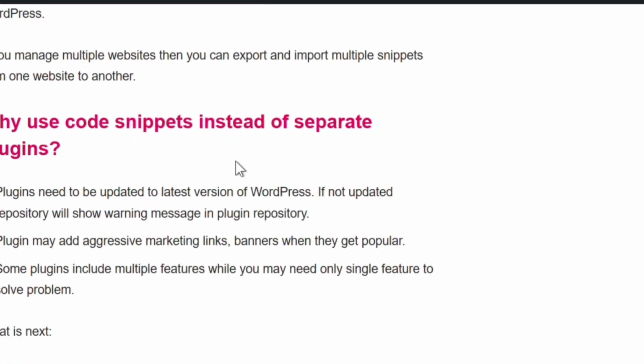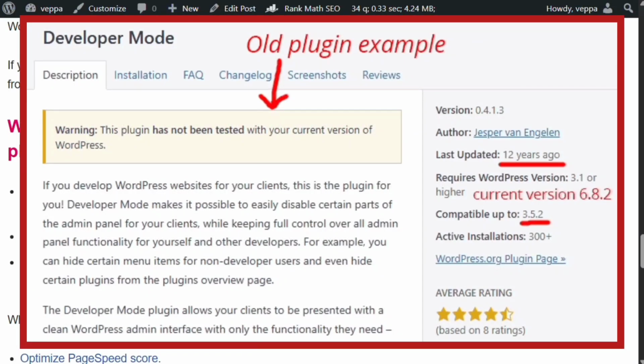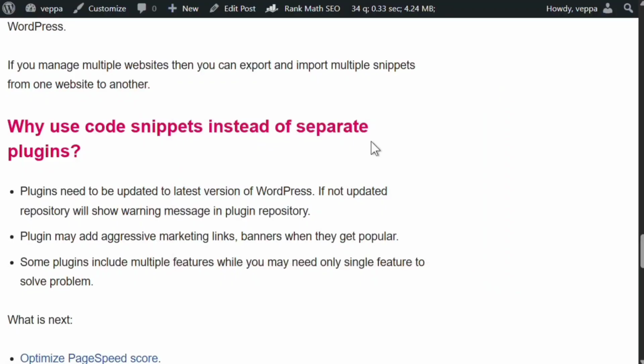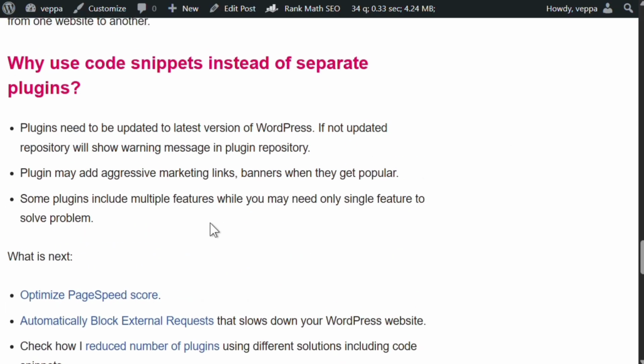Also, some plugins are not updated for a long time, for a couple of years, but they are functional. And in the WordPress repository, you will see a warning message saying that this plugin is not tested with the latest version of WordPress, or that it has not been updated for a couple of years. And over time, that plugin may be removed from the repository while it's still functional and solving real user problems. So instead of losing those plugins, if that functionality can be used inside a code snippet,